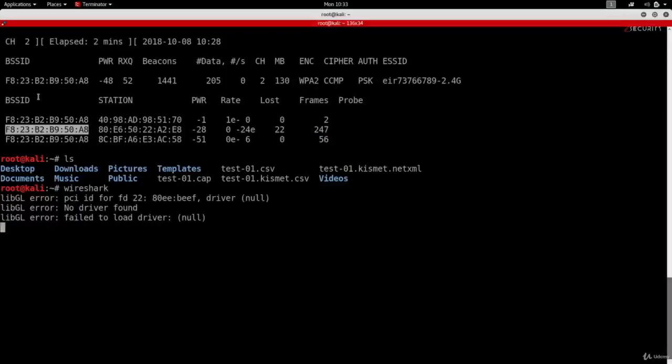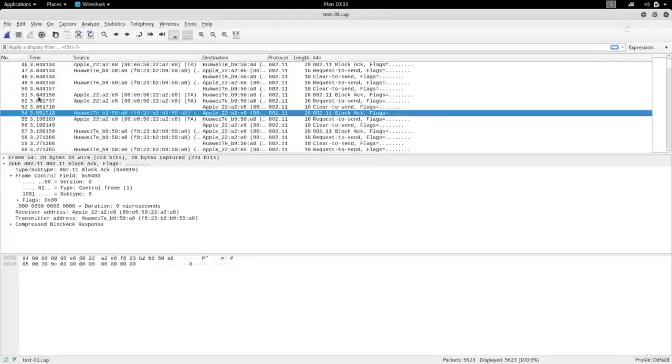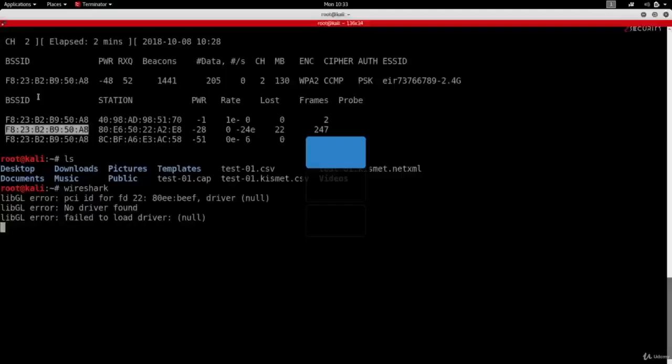So we can gather more information by opening this file in Wireshark, and we can kind of guess what computers are there and what operating systems they use. But this is not detailed enough, and the main problem with this is the fact that the network is using encryption. Now in the next section, we're going to be talking about how to break this encryption, and once we do, you'll see how we can see the passwords and usernames in plain text, and you'll also see how we can map all of the computers on the same network, gather detailed information about them, hack into them, and do some really cool stuff.